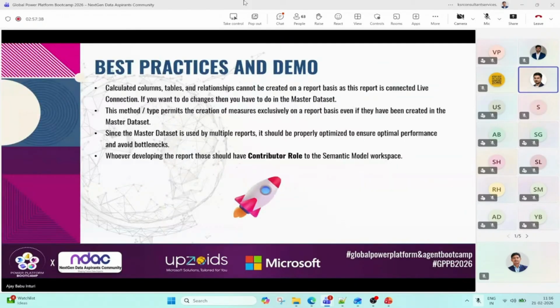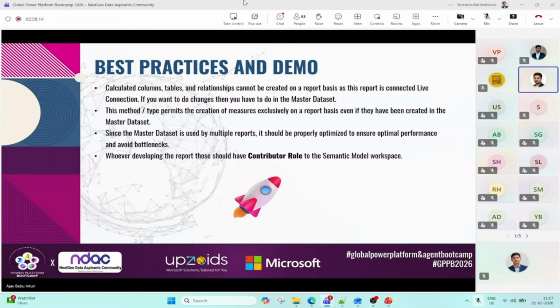So what are the best practices to create the semantic model? Remember these important points when we are working on a single semantic model. Calculated columns, tables, and relationships cannot be created on the report side. When I am creating my own report using the semantic model, I can't create any calculated columns, tables, or relationships.